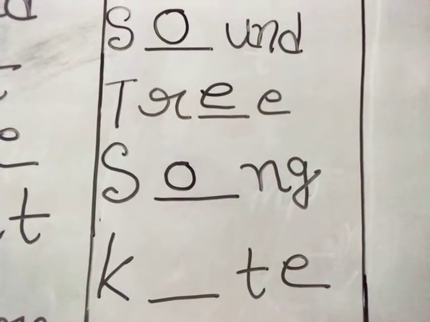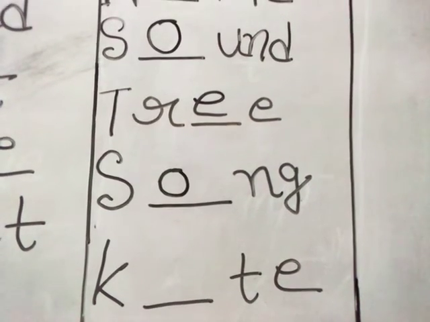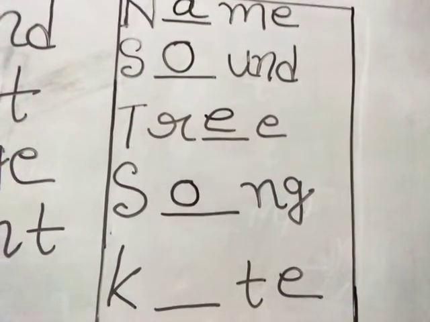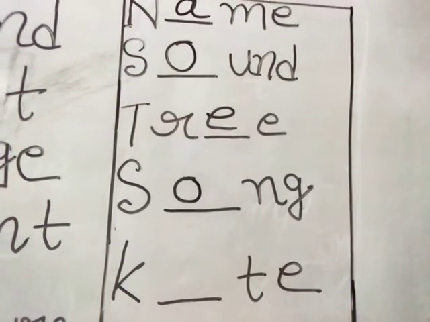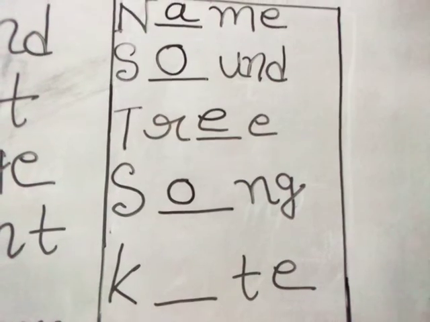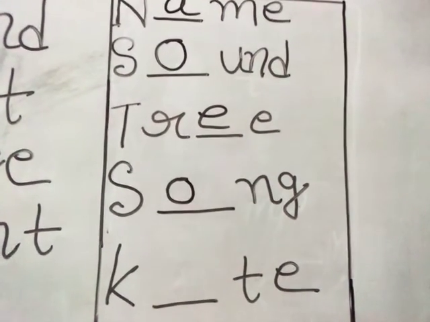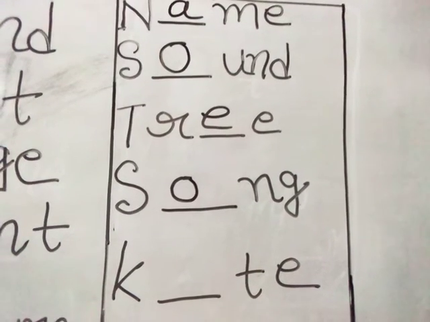Song means music. Sing a song. Or she is performing a song. That means she is performing a nice music. She is participating in a musical show. That's it. Now the last one is K-T-E. If I put O, no. If I put A, no. If I put I, yes. It becomes